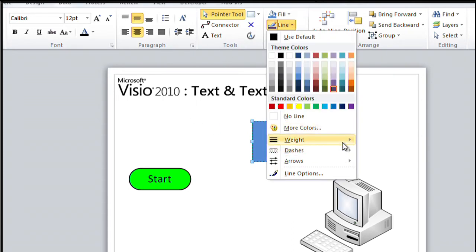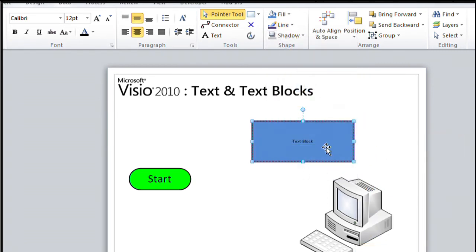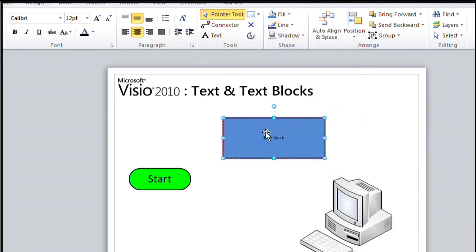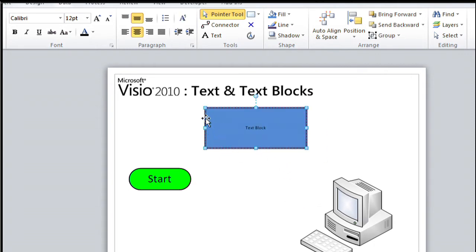I'll even make that line thicker so you can see it. This is just a rectangle, just another rectangle with no line and no fill when I first created it. Now, text blocks, they do sort of have their own